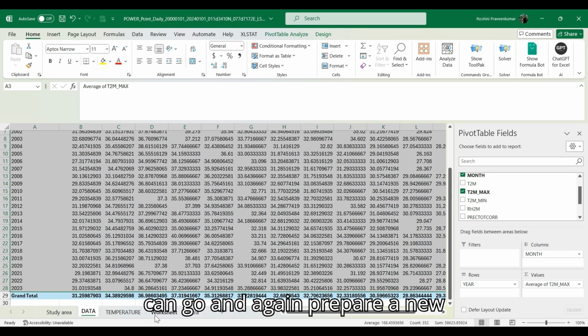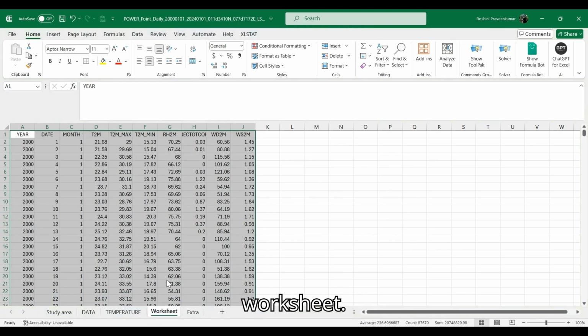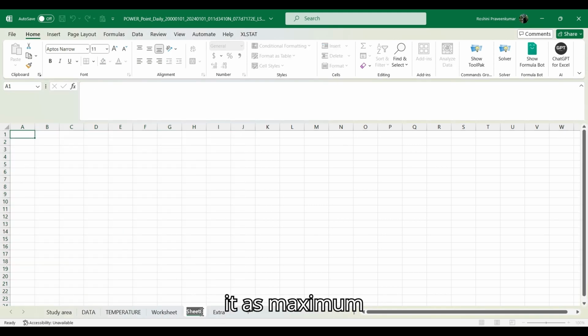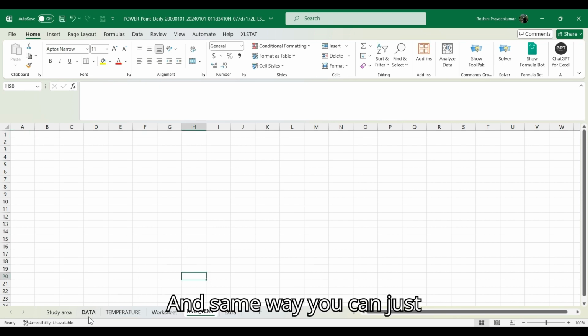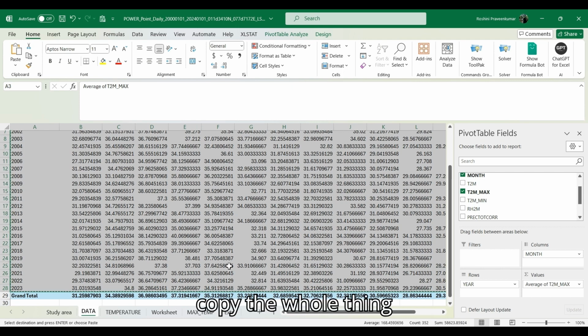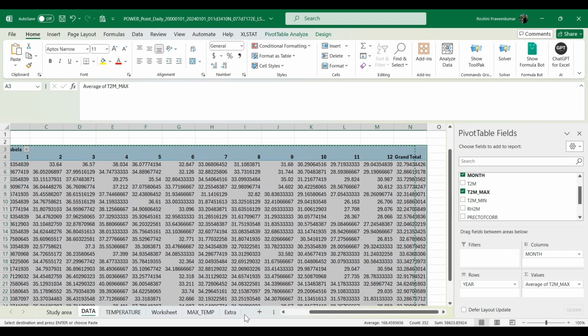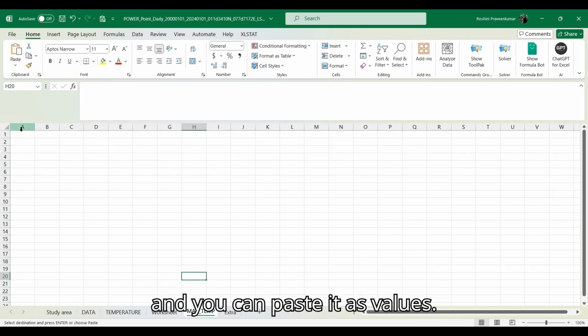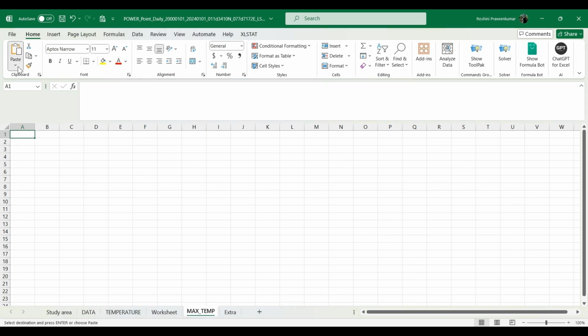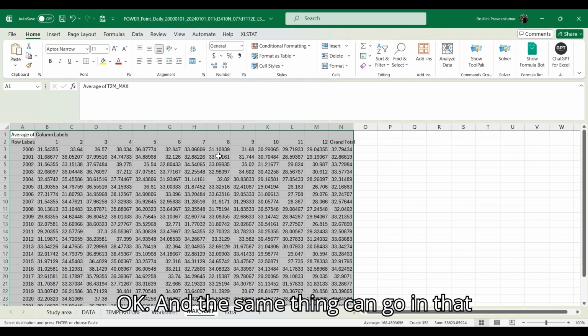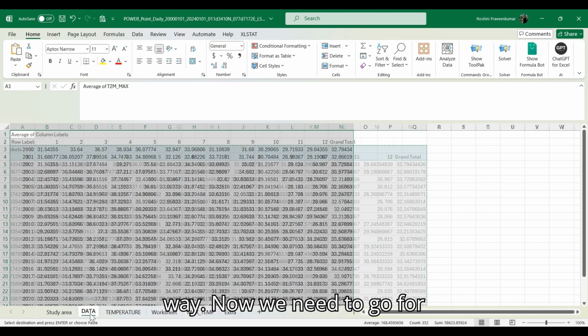So you can go and again prepare a new worksheet, and call it maximum underscore temperature. And in the same way you can copy the whole thing and paste it as values. Okay, and the same thing can go in that way.